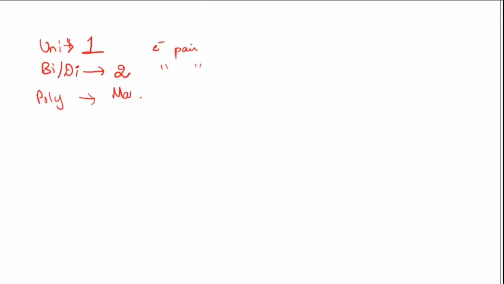Okay, this was all about the ligand. Till now, whatever I've done was regarding the ligand. So I hope it's clear. Unidentate means they are able to donate only 1 electron pair. Bidentate or didentate, if you come across, means they are able to donate 2 electron pairs. And then if you have polydentate, that means they can donate many electron pairs to the metal atom.